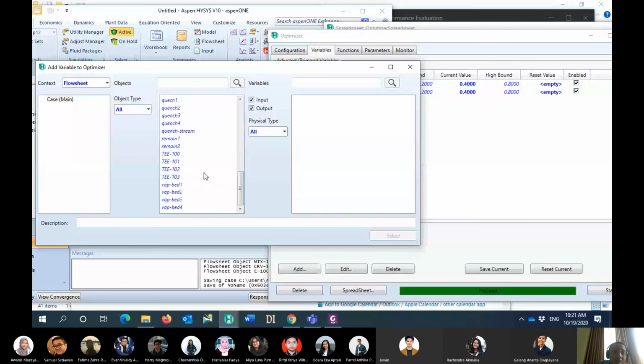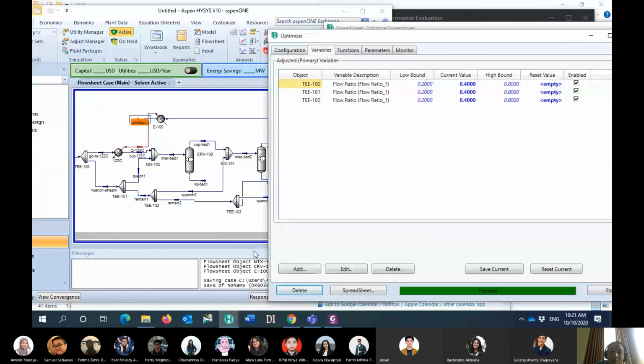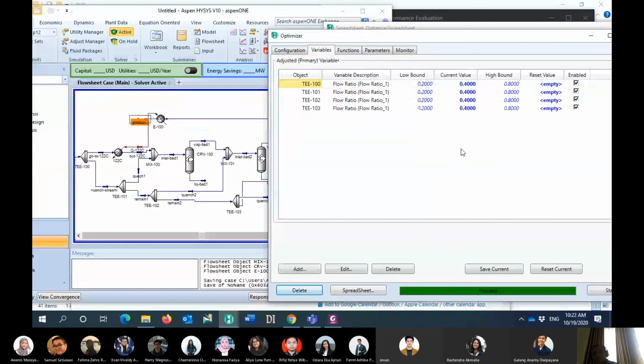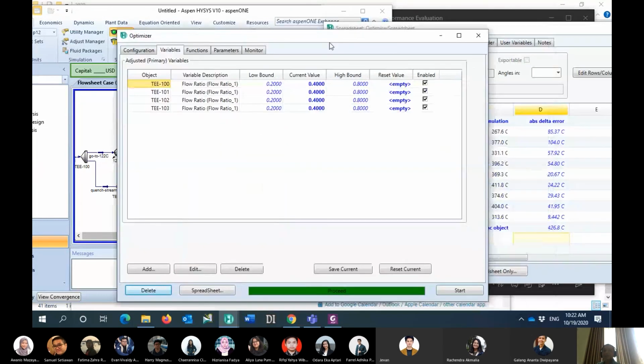Again, I will check T number. So it's clear that previously my T is defined as 0.4. Now I will correct this one by optimizing this value until the delta error is very small.